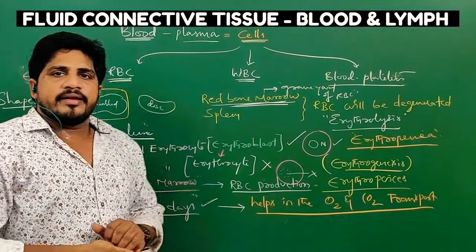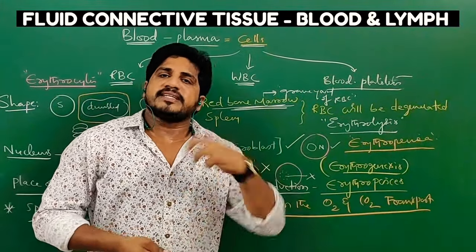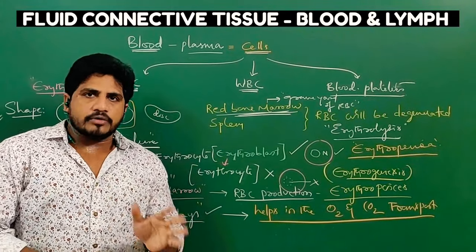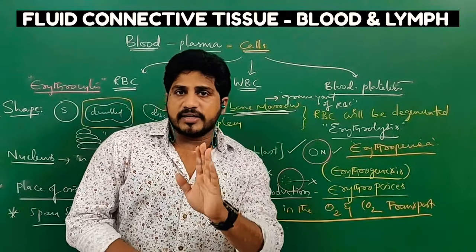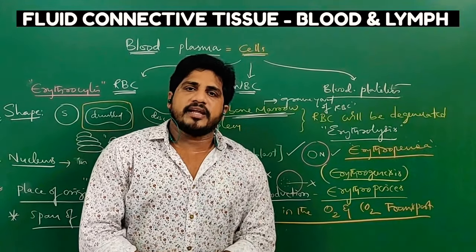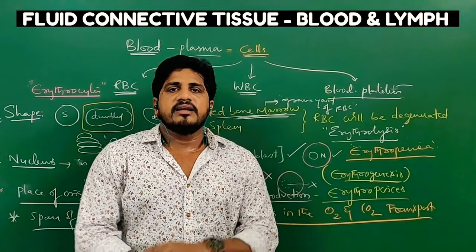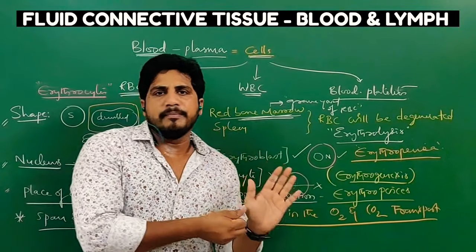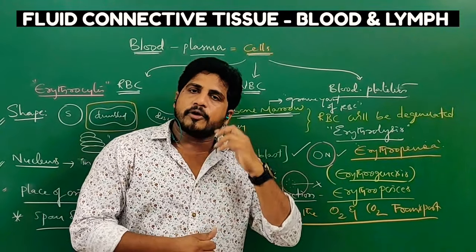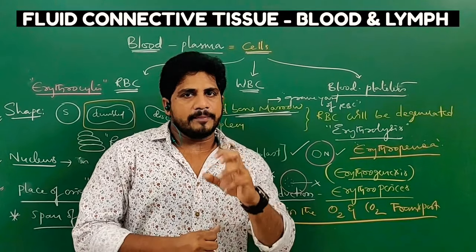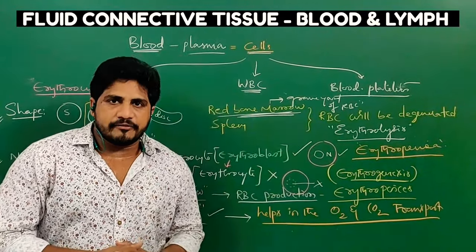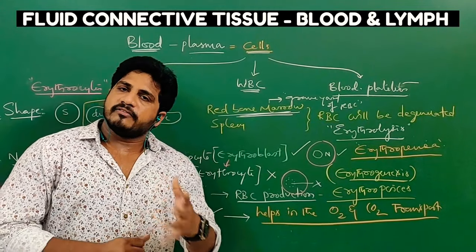Erythropenia is the condition in which the number of RBC is decreased. Generally, 45,000 to 50,000 of RBC per cubic centimeter is present in humans. Whereas in women, the RBC number is lesser compared to the male count. In males, approximately 50,000 of RBC is present per cubic centimeter, whereas in females, 45,000 of RBC is present per